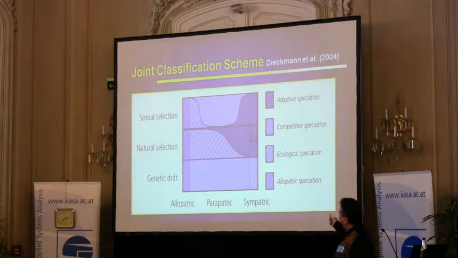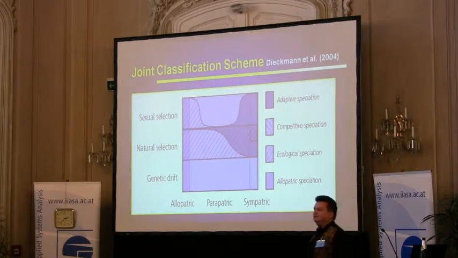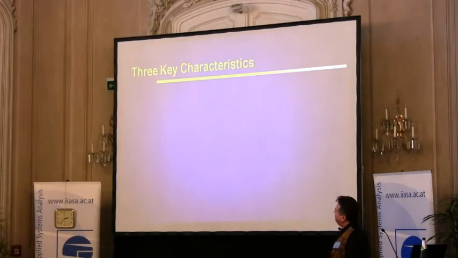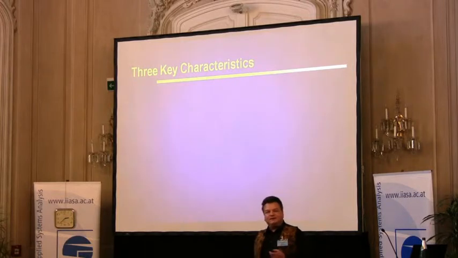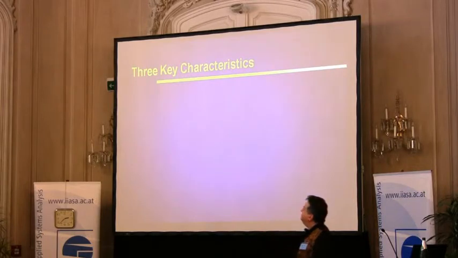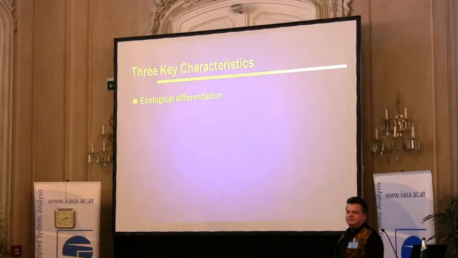And then the other big areas are ecological speciation, which is probably more easy to achieve in allopatry or parapatry rather than sympatry, and adaptive speciation, for which it is opposite. It's more easy to achieve in sympatry or in parapatry that's close to sympatry. But even that scheme is maybe too limiting. And that is because speciation has to be appreciated as a multifaceted, multi-layered process where several tiers might build upon each other. And to incorporate this time dimension, I would like to offer yet another way of looking at classifying